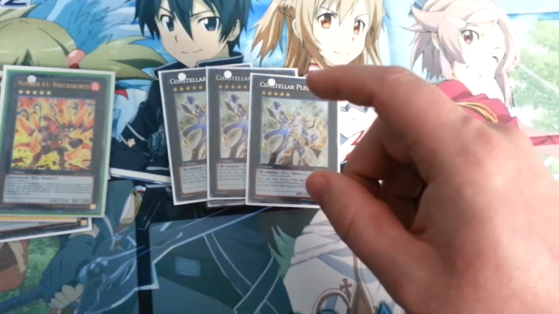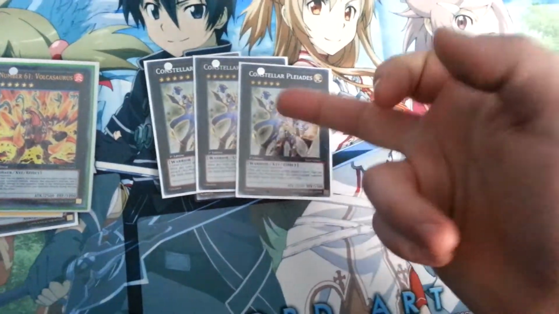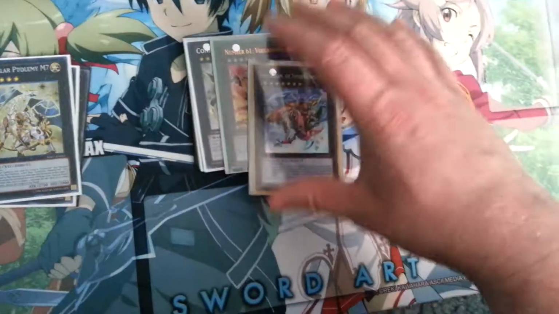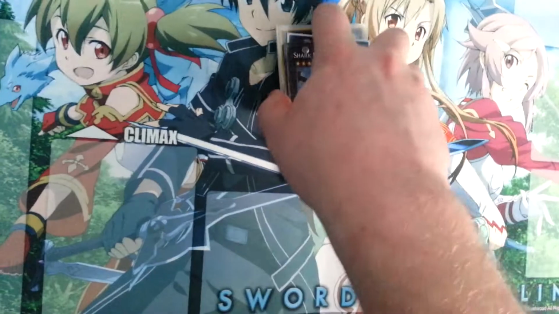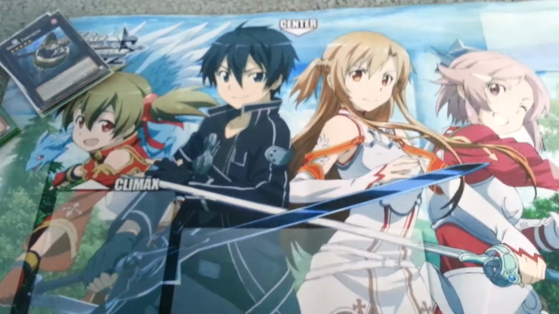Sorry about that, guys. Triple Pleiades, people only say they run 2 or so because they don't have the space. I feel you need to run 3. He's just that good of a card for this format. Like I said, the 1 Volca and the 1 Gaia Charger. 2 M7s. And honestly, I need to get an Exciton Knight, so I would probably be taking out Shark Fortress for Exciton Knight once I can find one. Or hopefully pull one if I'm lucky. I barely made him this past week, so...